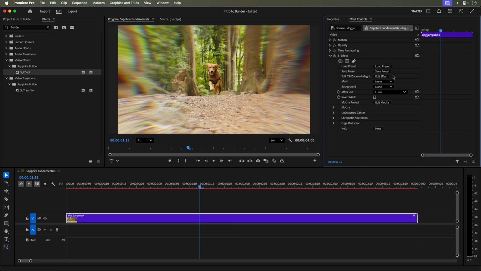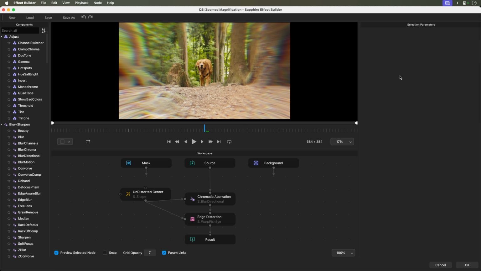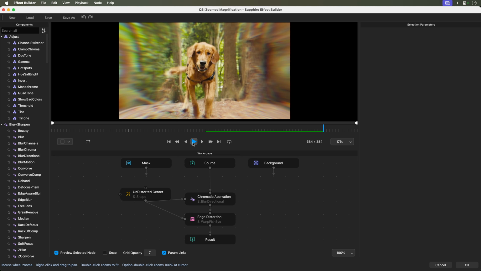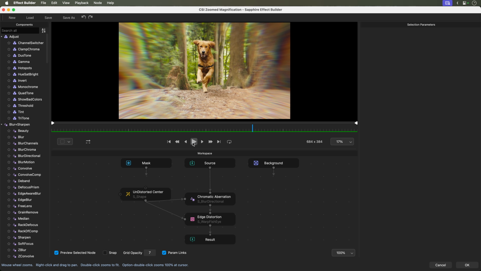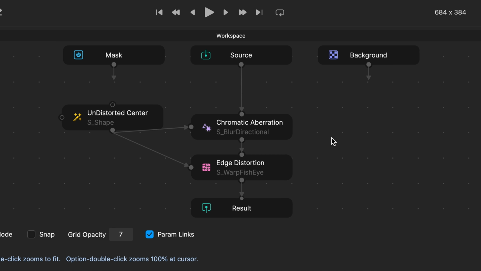Towards the top of the S-Effect in the Controls panel, choose to edit the effect. The Sapphire Builder interface launches, and you are presented with 4 sections. The most obvious section is the viewer. You can see the overall result of your effect or specific parts of your effect. Beneath the viewer, you have a section known as the workspace. This simple but very powerful node tree helps you build your effect in different ways, unlike simply stacking them in